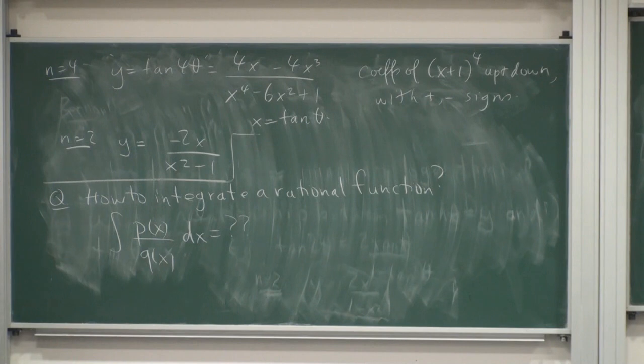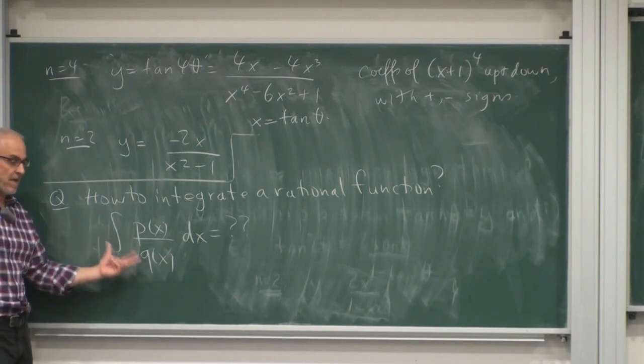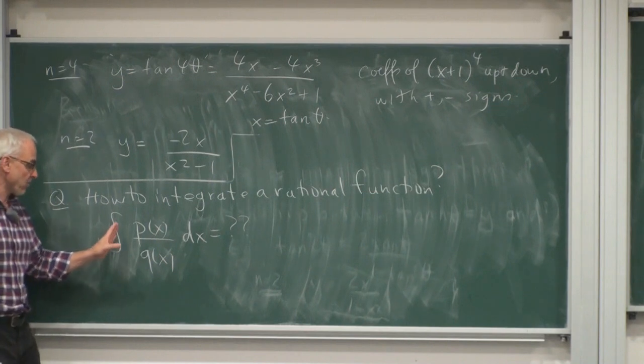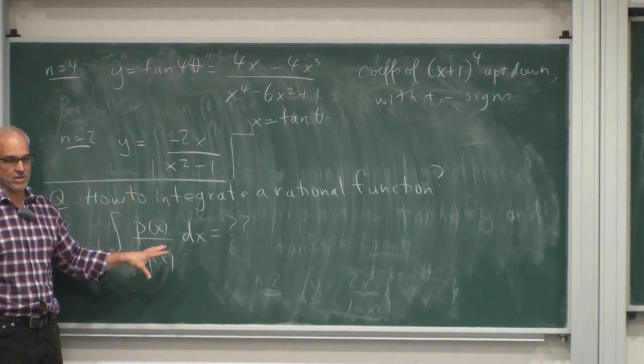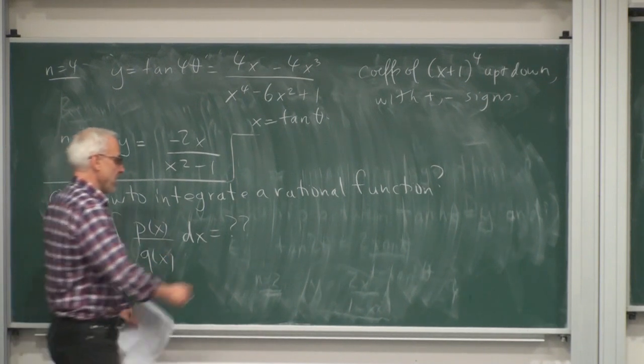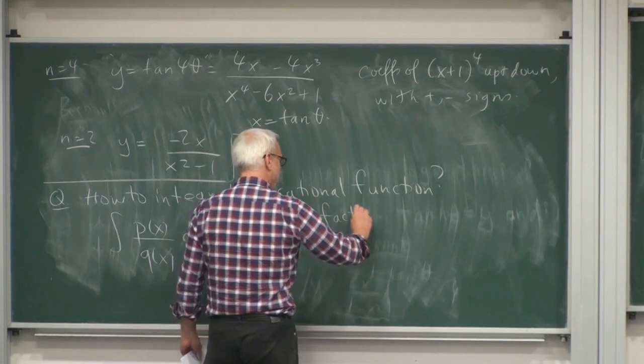That's a very foundational problem in calculus. And the 18th century mathematicians realized that one approach to this was to try to factor the denominator. So if you could factor the denominator, then you could rewrite this rational function in terms of partial fractions. Okay. So the key is to factor the denominator